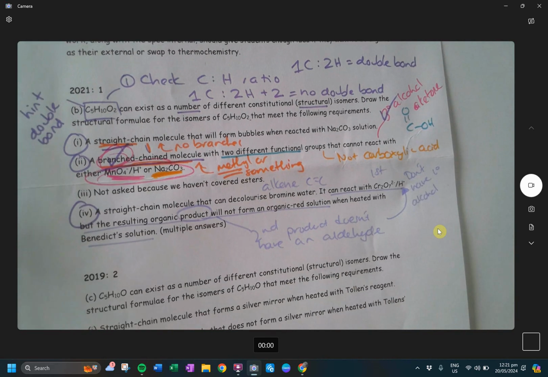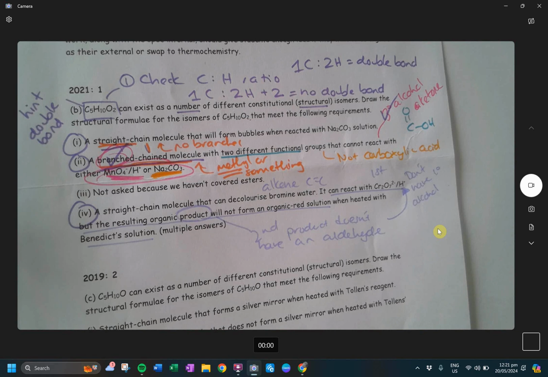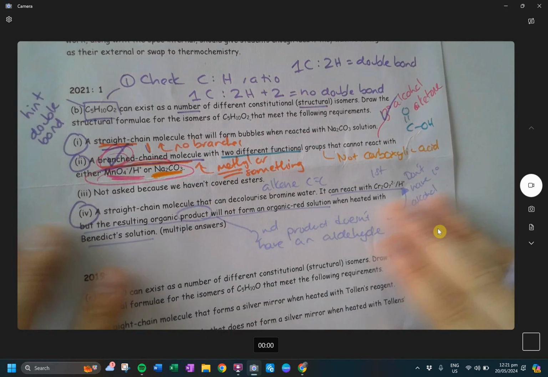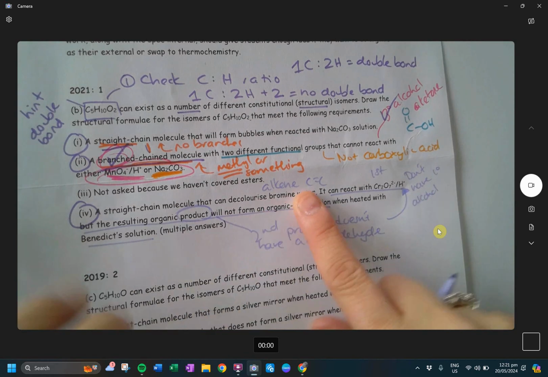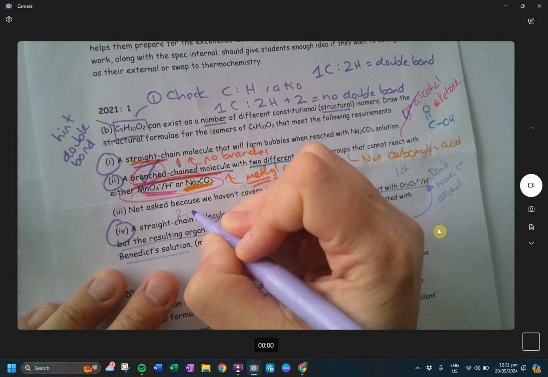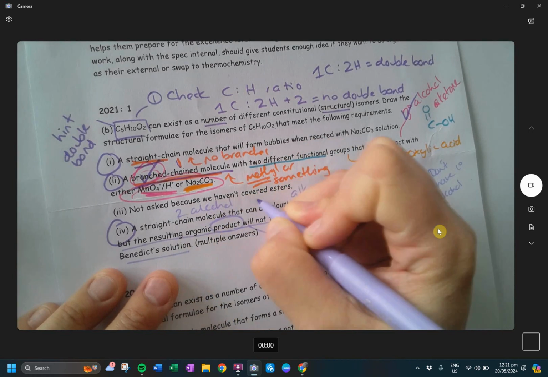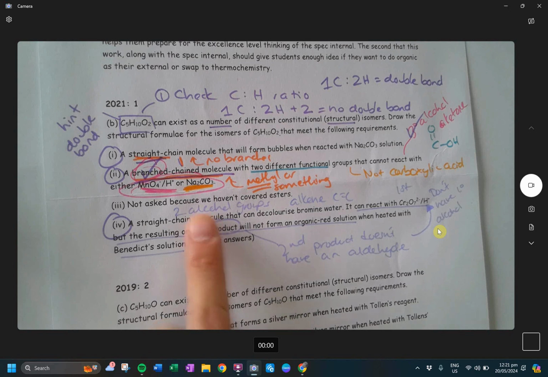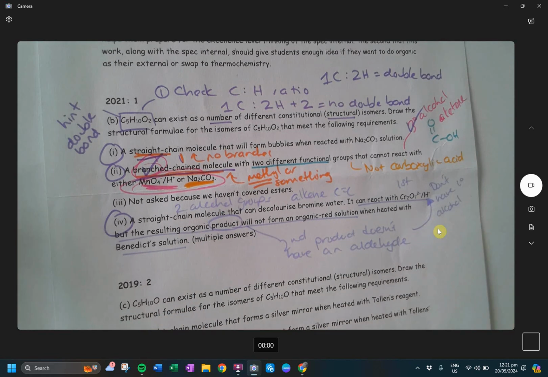So what that tells me is I rule out any carbonyl. I don't have a carboxylic acid, I don't have an aldehyde, I don't have a ketone in the original molecule. So hint-wise, I have an alkene and I have 2 alcohol groups. Of these 2 alcohol groups, neither of them are primary. Okay? Just trying to unpack that question a bit, because I realized that I didn't have a chance